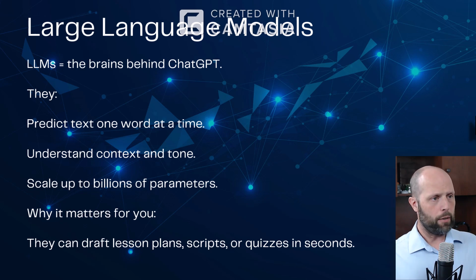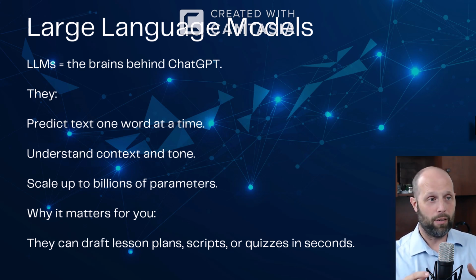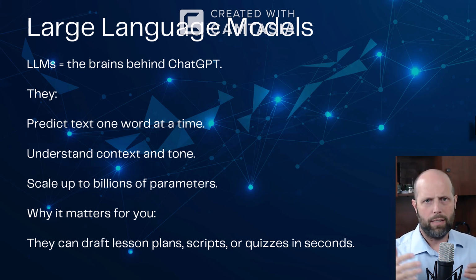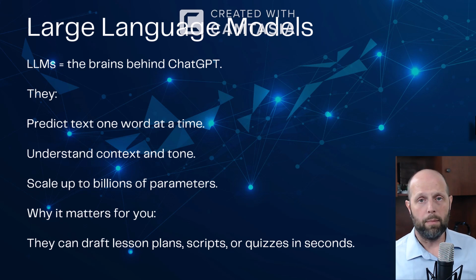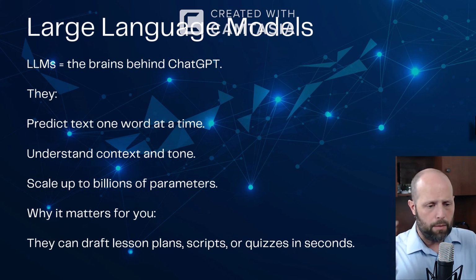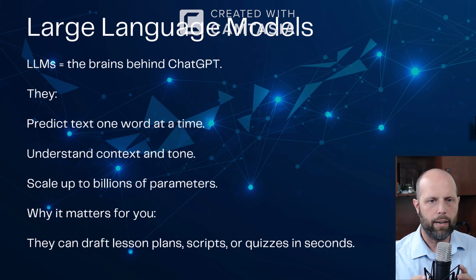So large language models is where we fed all of that data into the computer, and it starts to synthesize and say, okay, this must lead to that, therefore I've got a high statistical probability that that is the case, etc., right? They predict one word at a time, right? They predict what's the next word that statistically should follow a previous word or string of words, okay? Because remember, inside the computer, these are all ones and zeros, right? It's just stringing together and synthesizing these binary data points.